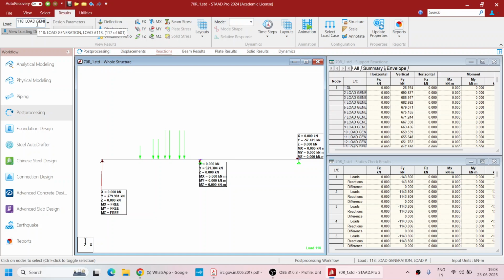So we know that load case 219 will be the maximum, so we can go rapidly to 219, there you go. In this portion you can see that y is 1065.377 kilonewton. Okay, so by this